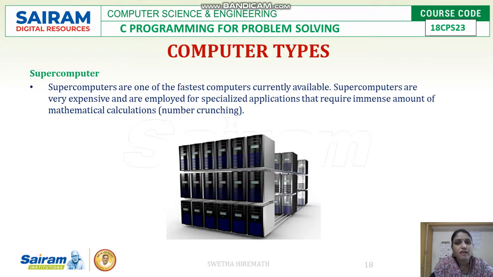For example, if scientists at NASA have huge calculations, we can use these servers, where we can store a huge amount of data and perform huge amounts of calculations in a smaller time if required. These computers can be utilized for that purpose. They are not available to common users because they are very expensive, and are used only for special purposes.